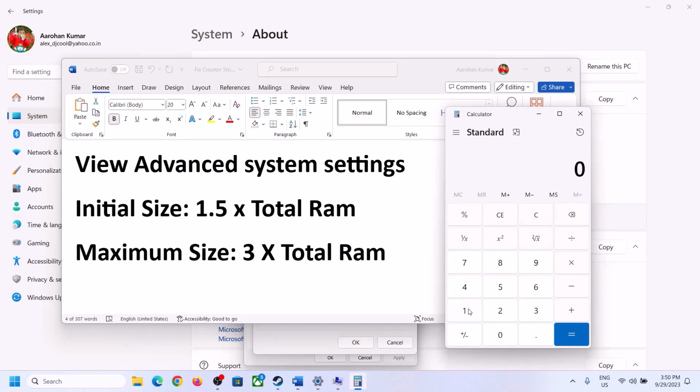So 16 into 1024, as 1 GB is equal to 1024 megabyte. So 16 GB in megabyte will be 16384. Now 1.5 into total RAM, that is into 1.5. So in my case initial size is